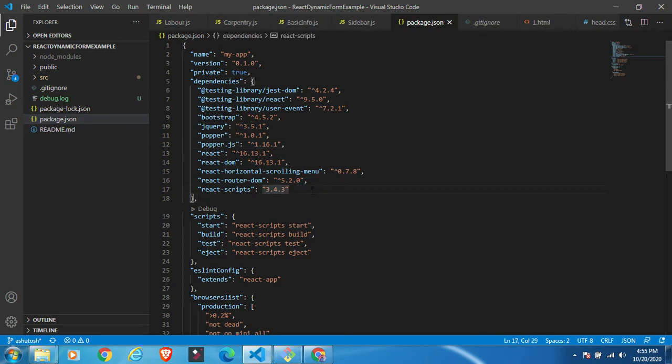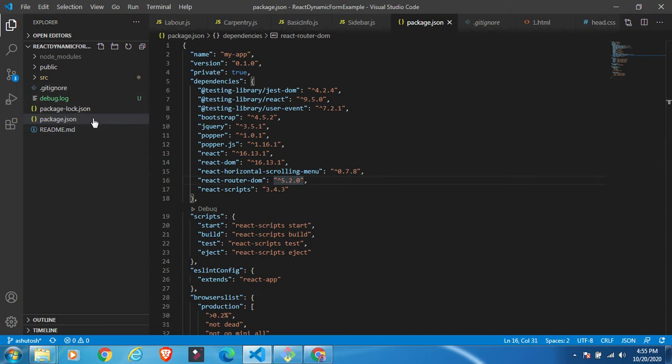But in the future, if after 1 year you install all the dependencies through the npm install command, at that time your application should not break. To resolve this type of issue, you have another file, which is package-lock.json. Again, package-lock.json has other use cases also, but this is the basic use case.